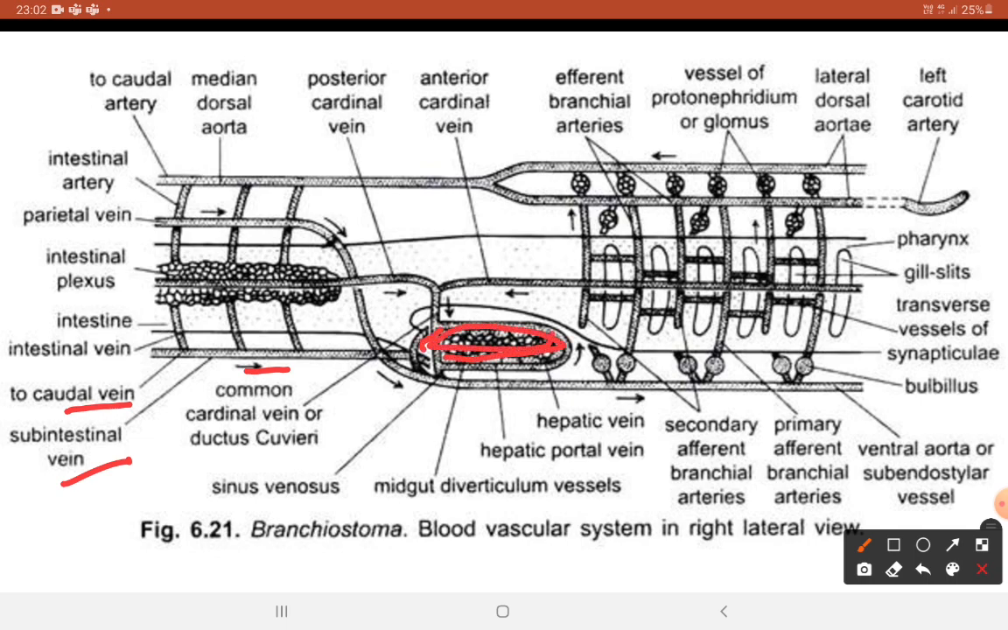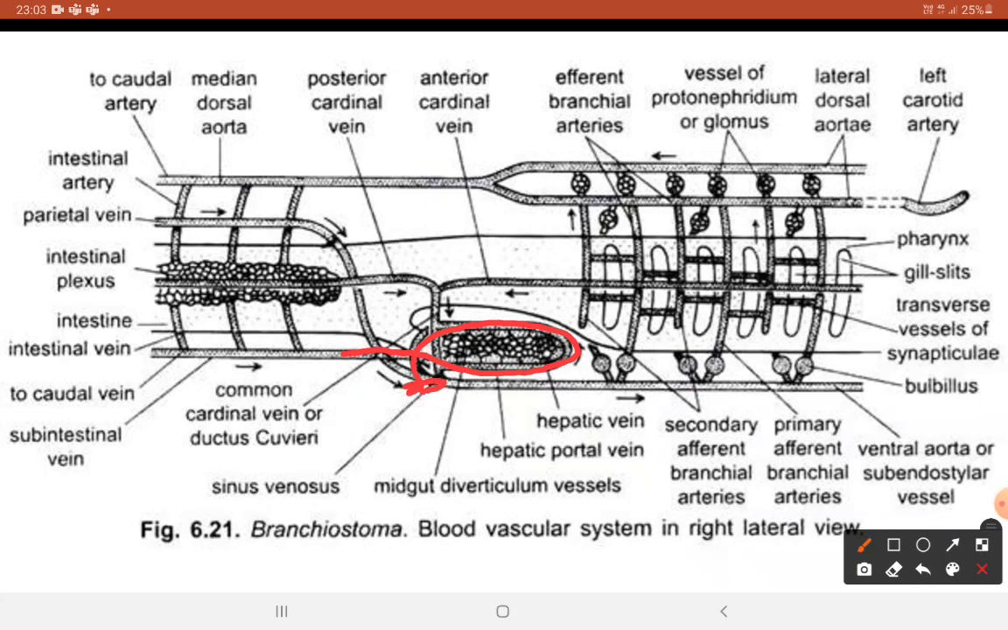Okay, so here what is happening? The blood, when it moves from the subintestinal vein, continues here and enters into the midgut diverticulum and then comes to the sinus venosus. Just make a note of it. Here the blood flows like this and goes into this midgut diverticulum,